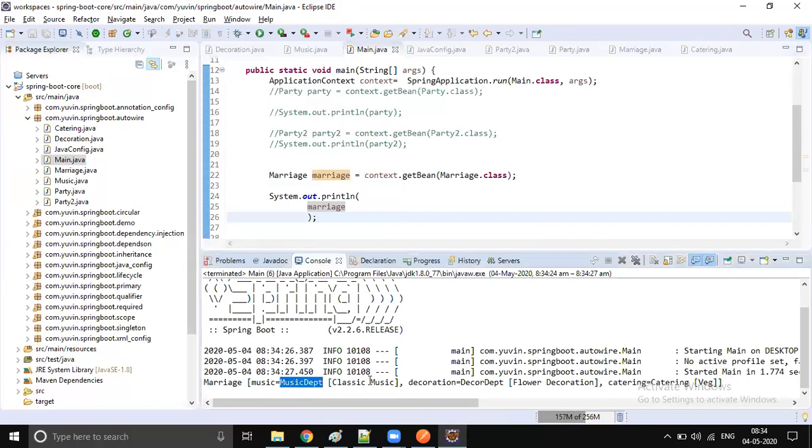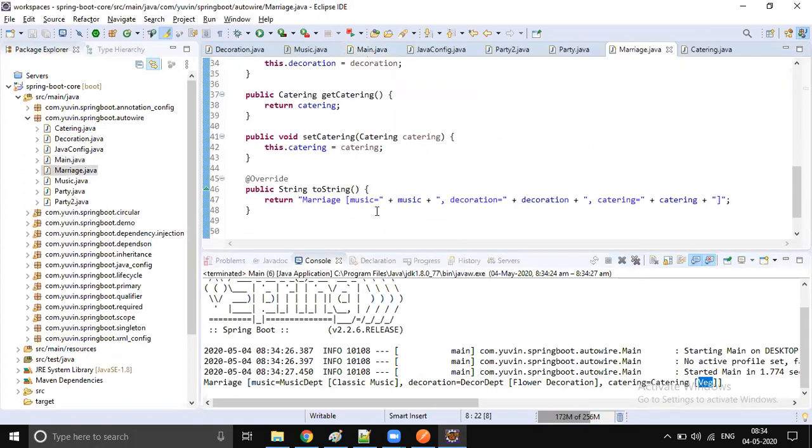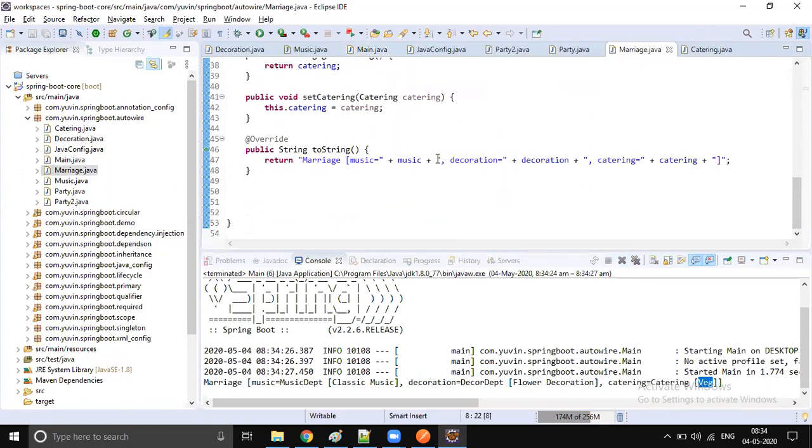Music, we are printing classical music. Decoration, we are printing flower decoration, and catering. So let's go to marriage and print the details in a much better understandable way, in the next line.